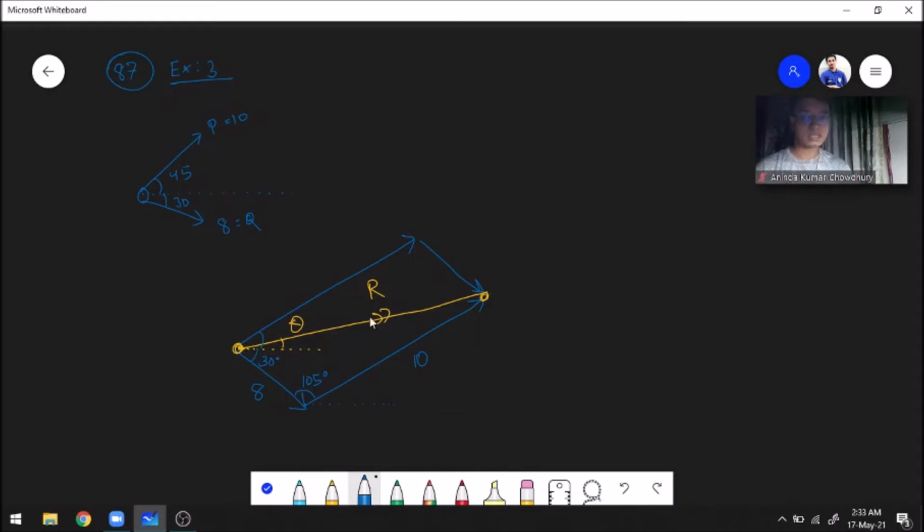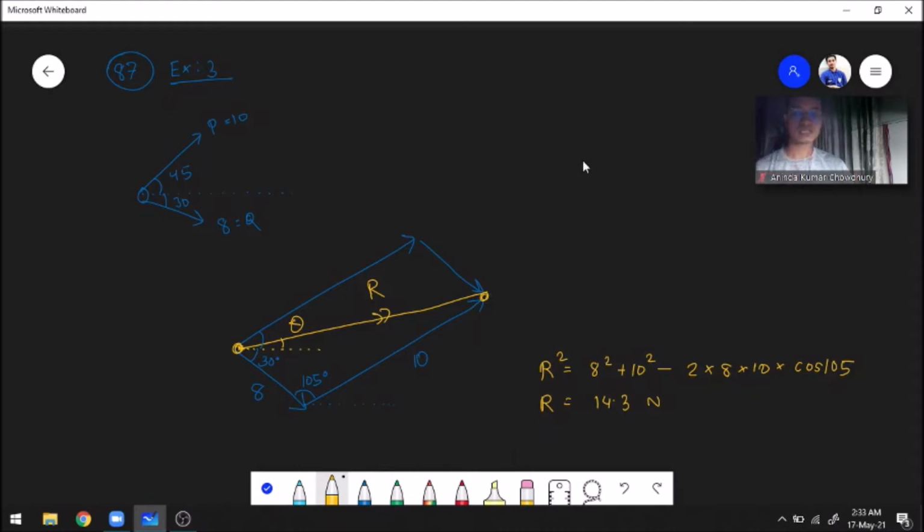We are concerned with this triangle here, this basic triangle. The resultant can be found using this formula: R squared is equal to 8 squared plus 10 squared minus 2 into 8 into 10 into cos 105. So this is the formula for finding the resultant, and from there we get the value of our resultant to be 14.3, as it is given in the example. Now we will learn how to find that angle. You should know the sine rule by now.